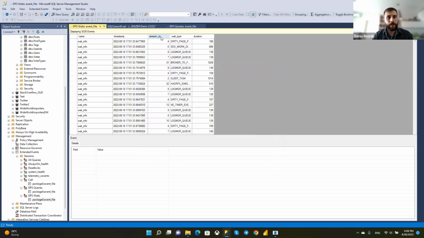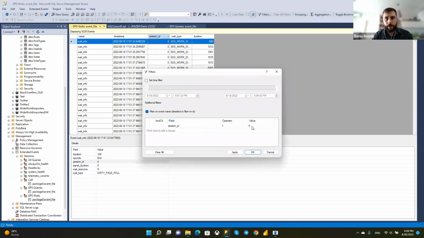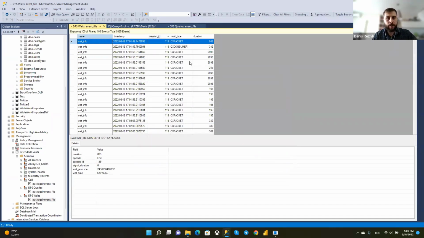Okay, I can do it quickly by this. Filter by this value, and I put my session ID 119. Okay, what we have here: the biggest wait is CXPACKET,